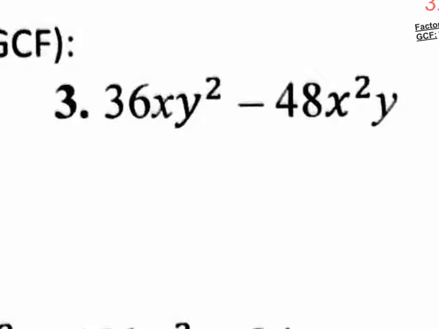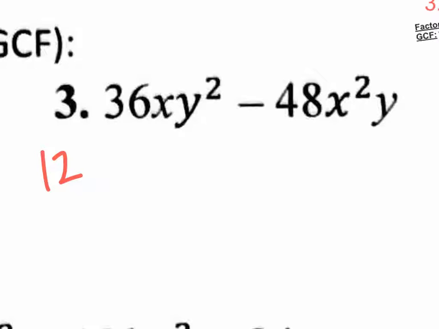All right, so 36 and 48. Well, I know that both of them are divisible by 2, so maybe I could pull out a 2, but maybe 4 works, right? 4 works. 4 times 9 is 36, and 4 times 12 is 48. But maybe higher numbers work. So we need to think about this. 12 is actually the greatest common value that you could pull out, greatest common multiple from 36 and 48. So if we pull out the 12,